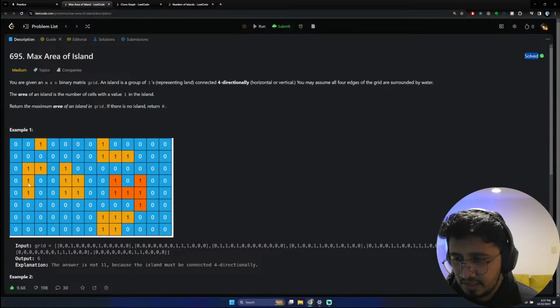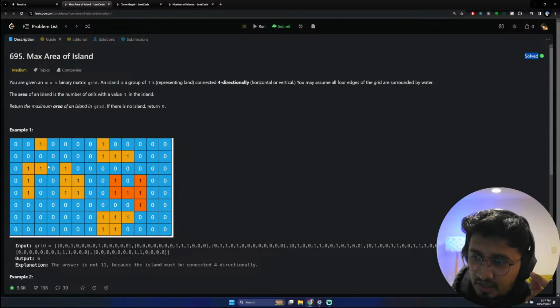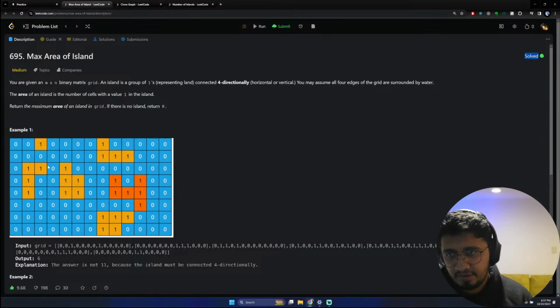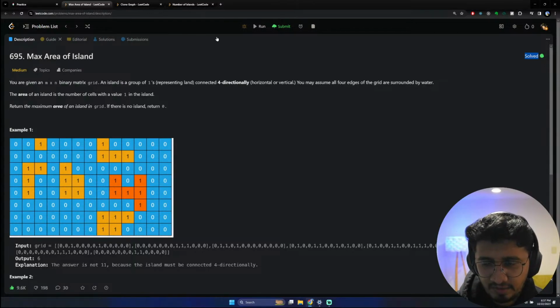So it will add its own one and then send above, and then this will continue, and then we'll be sending the one from where the function was called. And finally we can just update the maximum island that we have encountered. So this will be again m into n, and space complexity would be m into n if we are doing